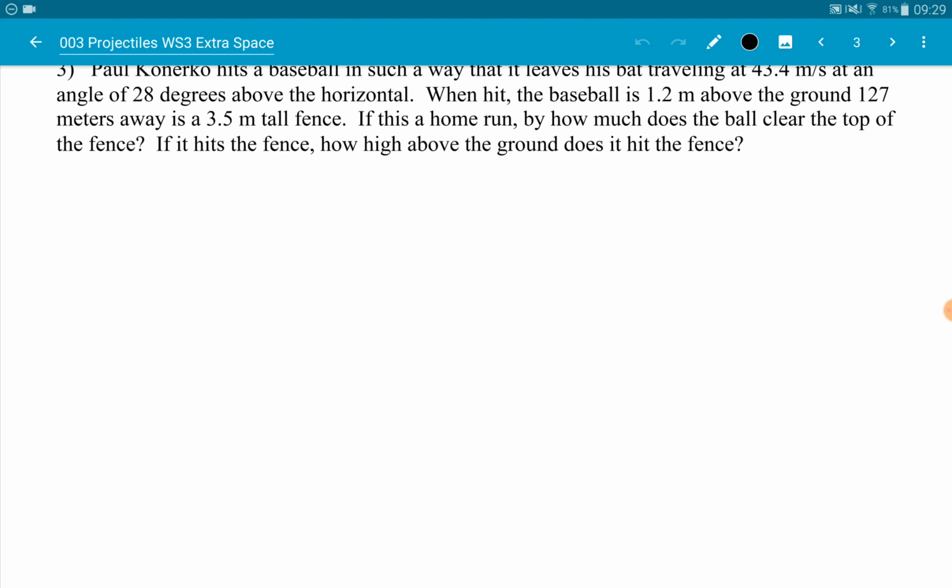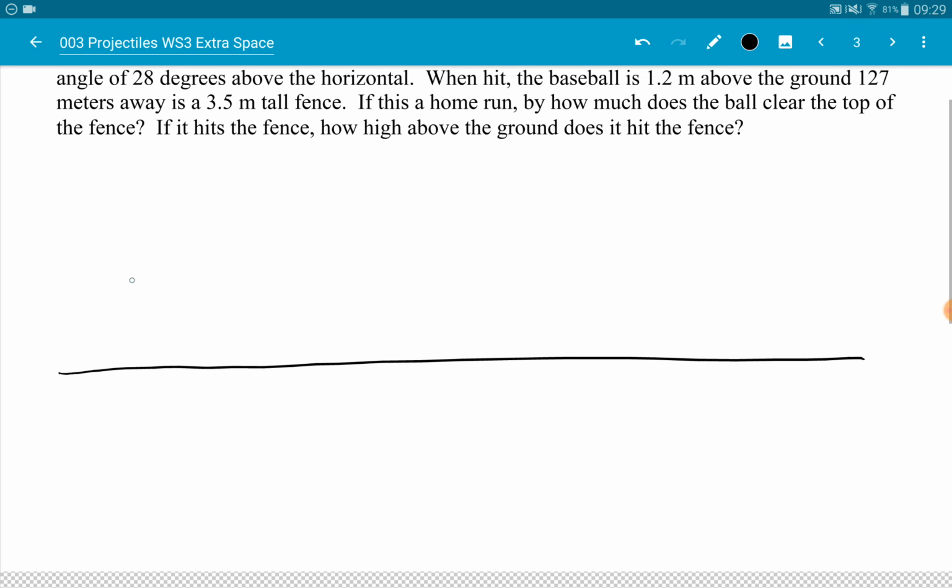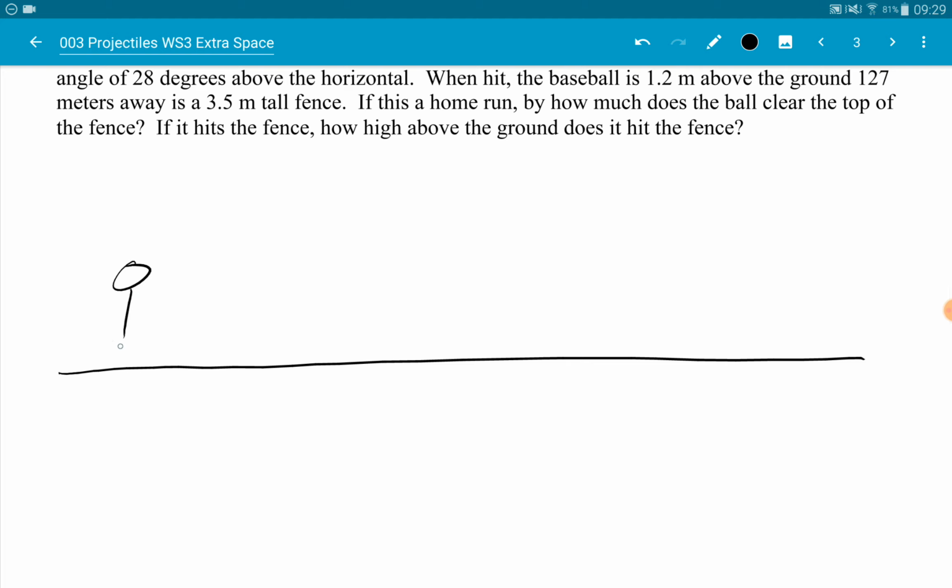A lot of information there. If this is a home run, by how much does the ball clear the top of the fence? If it hits the fence, how high above the ground does it hit the fence? Cool. Now, hopefully, reading this question, you're recognizing that drawing a picture is going to be super helpful as things become more and more complex. I knew this was coming, and I was trying to let you in on the ground floor of